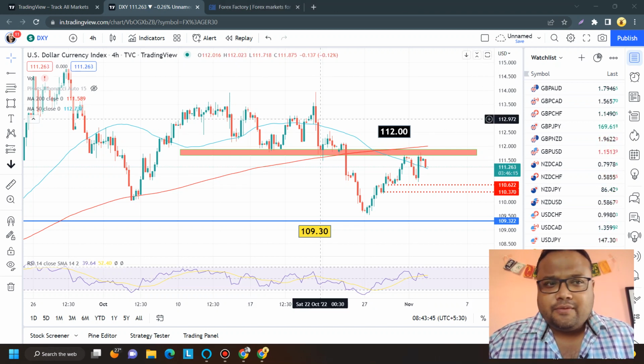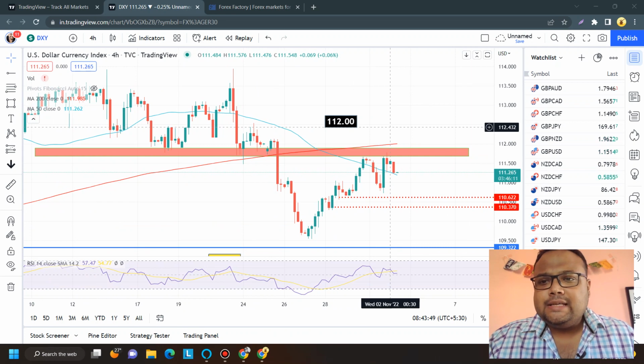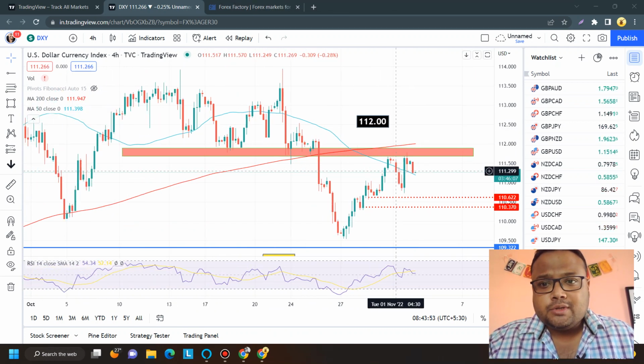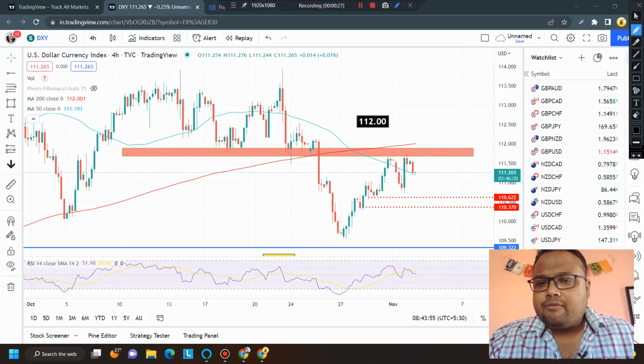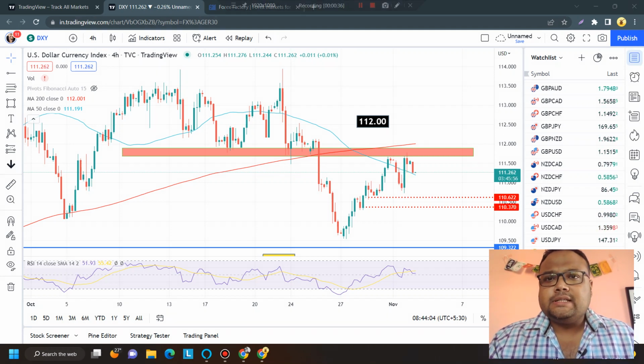So this is the 4 hour chart of DXY, the US dollar currency index, in front of us. And as we can see, right now DXY is standing at 111.26. Yesterday, after forming this huge, massive candle, DXY showed some correction again. But one thing that we need to focus on here is that